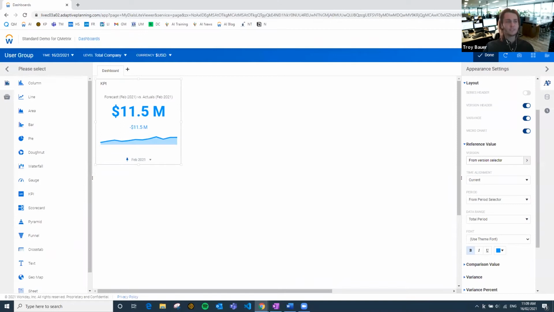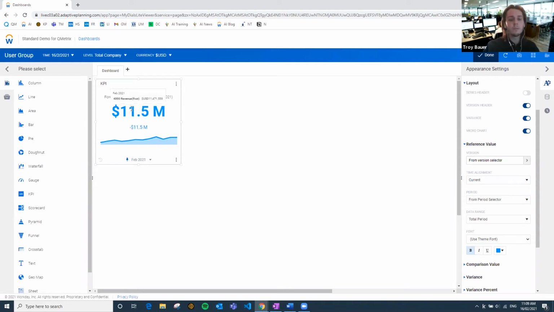If you think of a forecast, throughout the fin year, you might have up to 12 forecasts if you're doing a monthly rolling forecast. So that tends to change over the year, so you want to keep that variable for your users to be able to, once they're running the dashboard, change their version and see an updated forecast v budget. So we're going to keep that as our version selector. That's right, so it's giving us our revenue for the forecast.